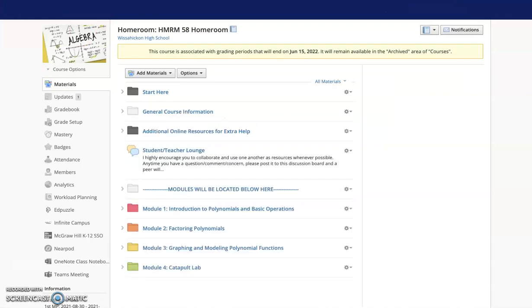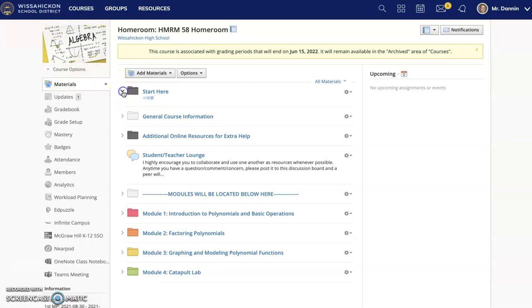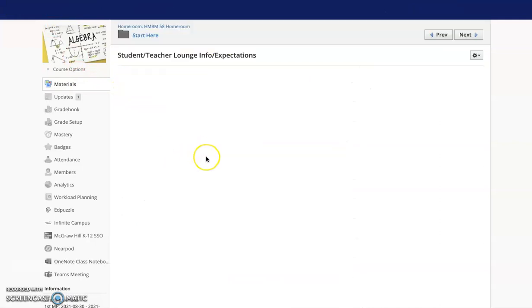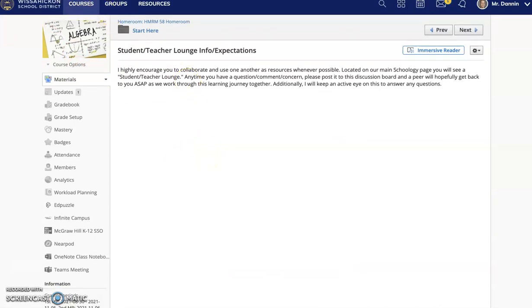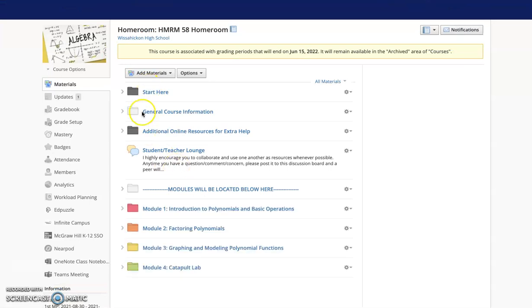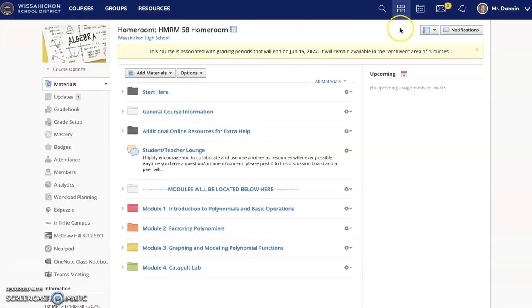It is essential to develop self-advocacy skills for students at this age. The student-teacher lounge expectations are clearly explained in the Start Here section below. This is just the directions, as the student-teacher lounge will be kept on the main page so it's easily accessible. Additionally, this is a good time to point out some of the features of Schoology. The messaging feature is one of the most important, particularly for ninth grade students, so again, they can continue to increase their self-advocacy skills, reaching out to teachers when they have any questions or concerns.